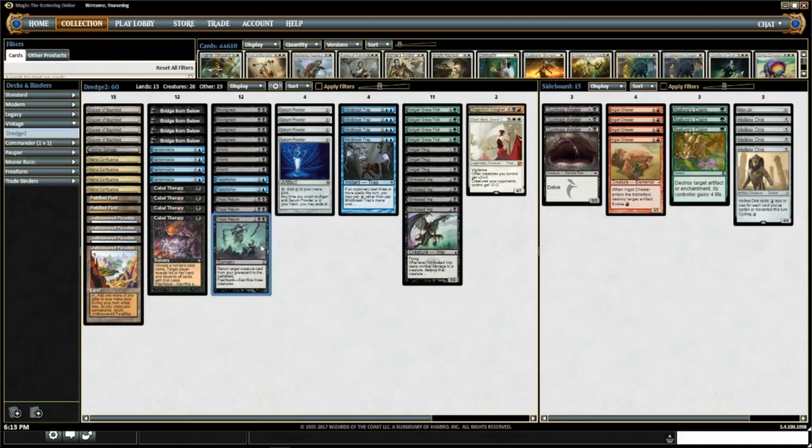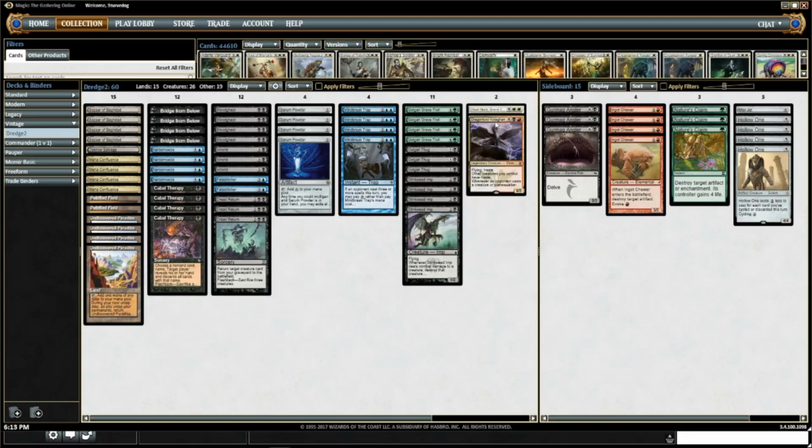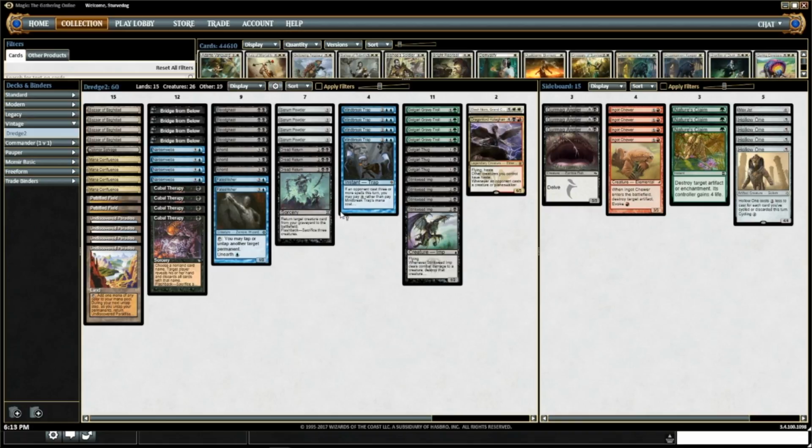But Dread Return is one less hoop to jump through. You can Dread Return an Allosaurus or a Kolaghan. You get a bunch of zombies from your Bridges, and you generally kill them. I think that Dread Return does have a place in Dredge, and a lot of the time, when you're fighting through hate, one of the best things you can do is get underneath their hate, which Dread Return can allow you to do, killing your opponents faster than they can deploy all their hate,